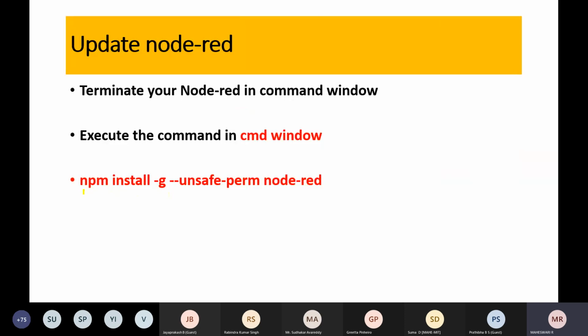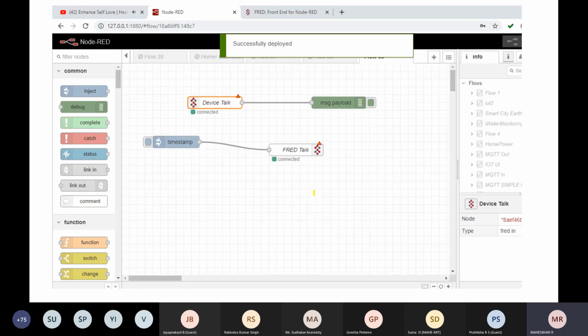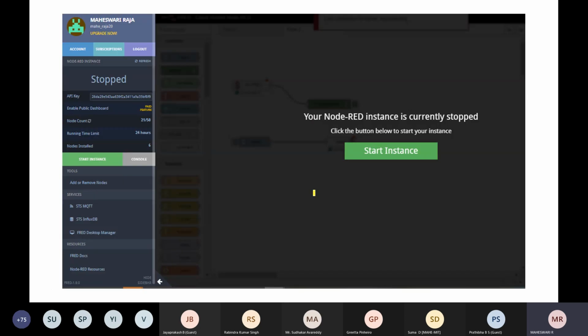Then give this instruction: npm install -g --unsafe-perm node-red. Just give this command to install the update of your Node-RED, and then it gets communicated.